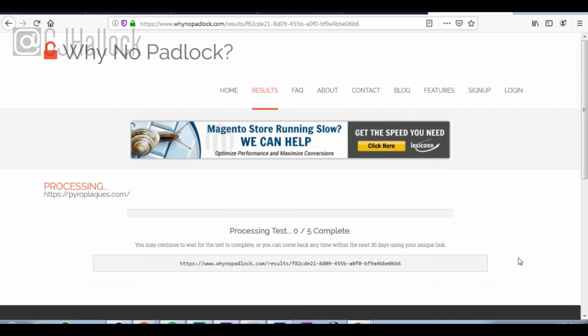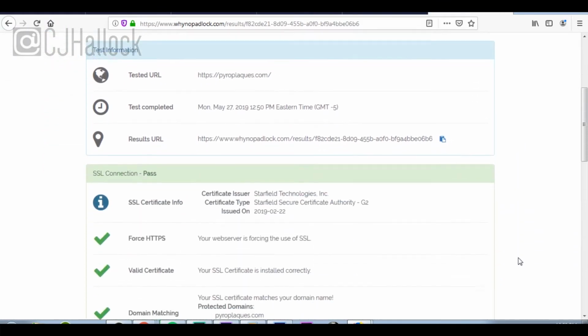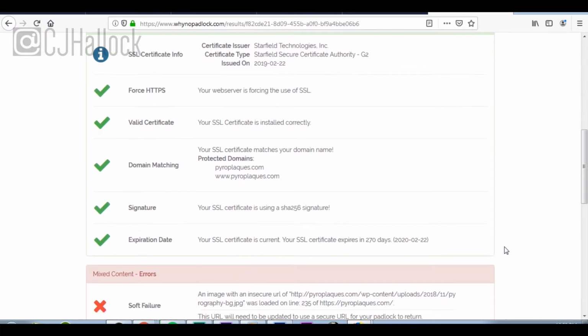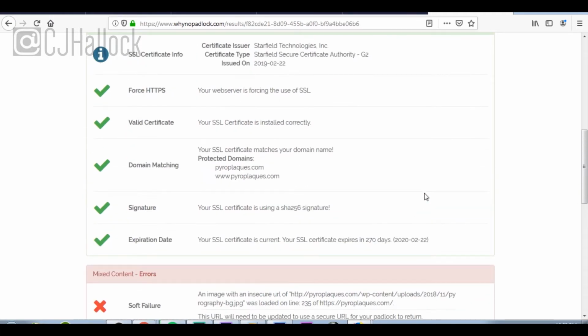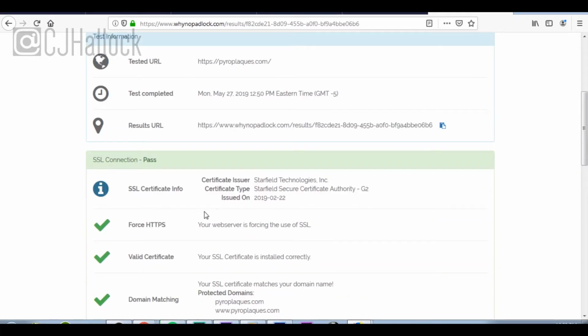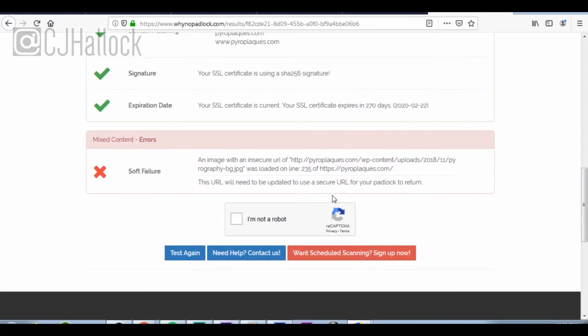This is going to go through and read all the code on your website and make sure everything is set properly. And it will tell you if it is or if it isn't. Now you can see here, here's a soft failure, and we'll get into what that is in a second. You'll see force HTTPS. It's showing that's good. It may come up failed. There's a lot of different things, but the main thing that we're seeing now,